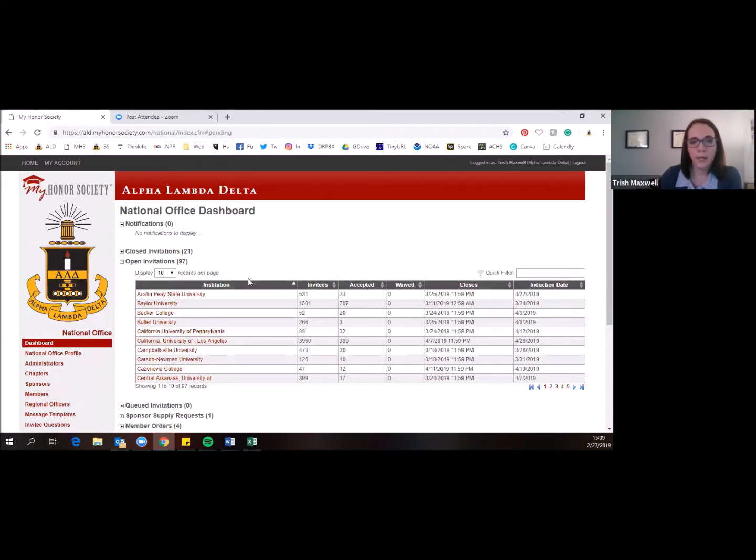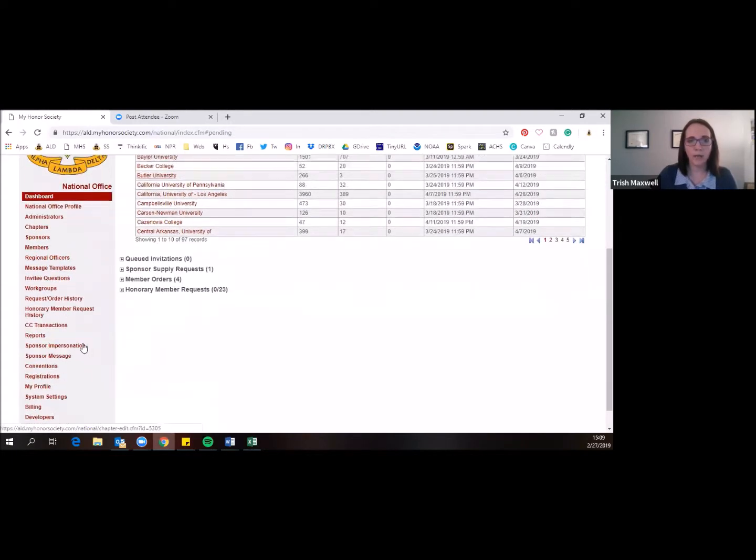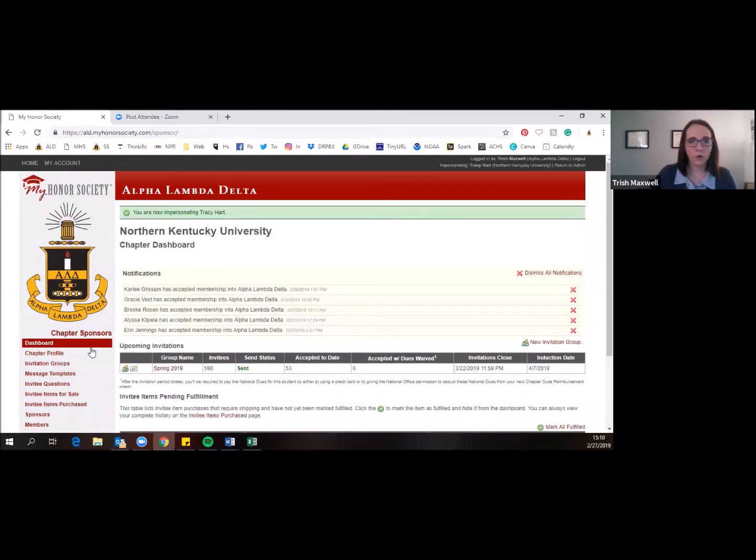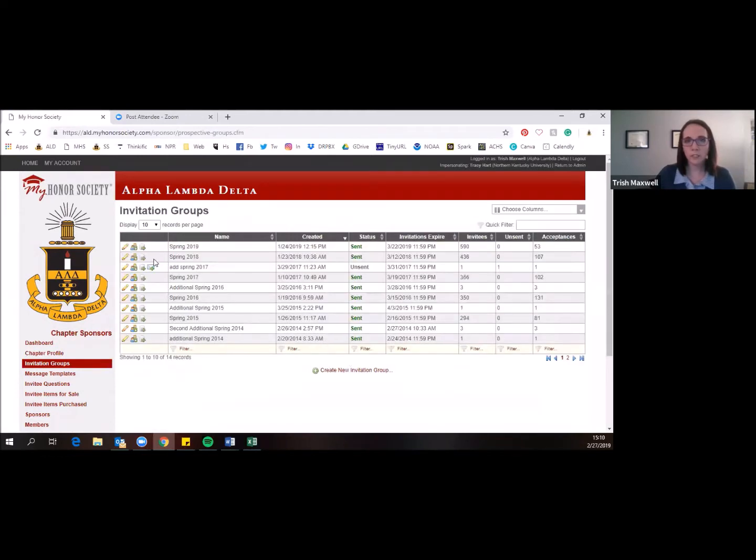So it's a new feature that's been added in MHS this year, and I'm going to clone, since Karen, you don't have an open invitation right now, our friend Tracy, who's a board member at Northern Kentucky. So if you click on invitation groups, you'll see this little white piece of paper with an arrow, and that says export invitees to an Excel document. So when you click on that, it will come to the bottom of the screen, and when you open it up,